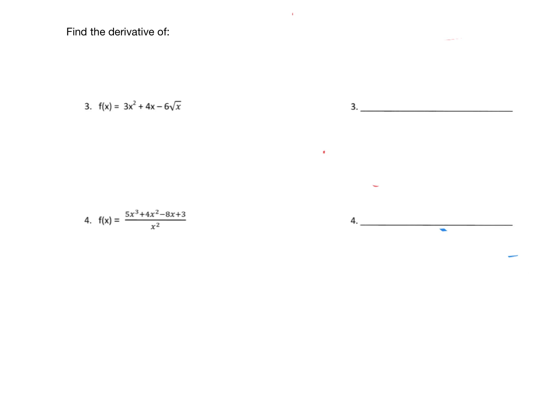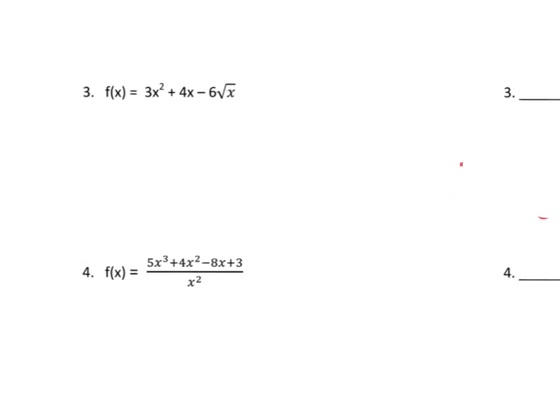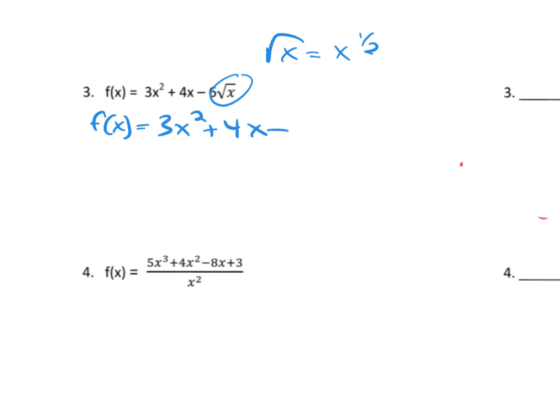Now I want to go about finding some derivatives. So for number 3, the first thing we want to do is recall that the square root of x is the same as x to the 1/2 power. So when you're finding derivatives, what you want to do is replace every radical x with x to the 1/2 power. So now when I find f prime of x, I'm going to have 6x to the first plus 4,